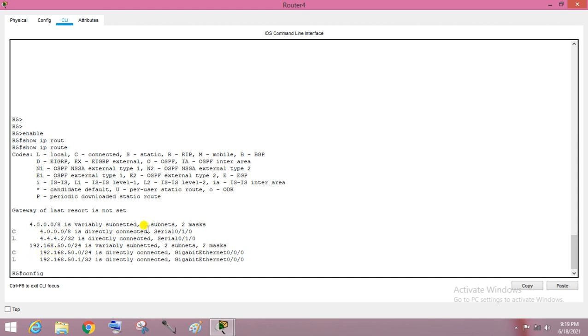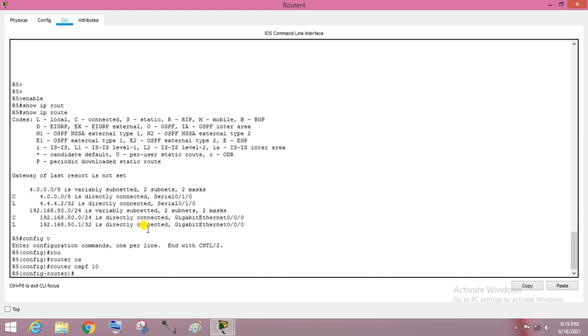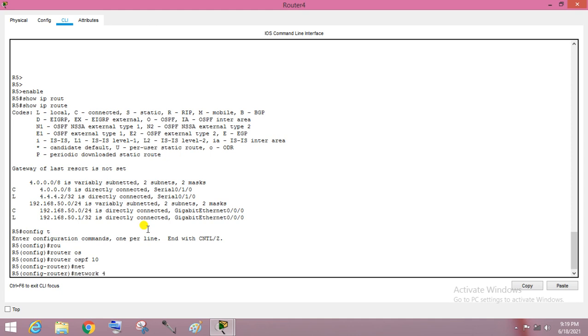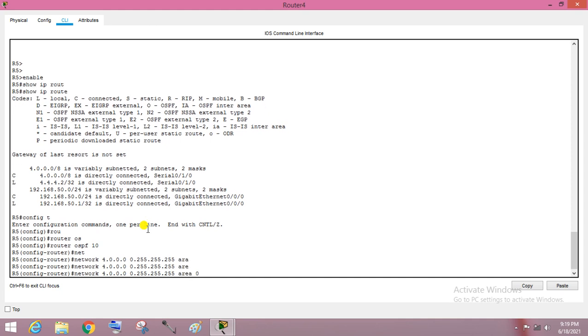Go to config t, router ospf 10, the process ID, then network 4.0.0.0. The subnet mask is 255.0.0.0, subtract it from the global mask and you get 0.255.255.255 and area 0.